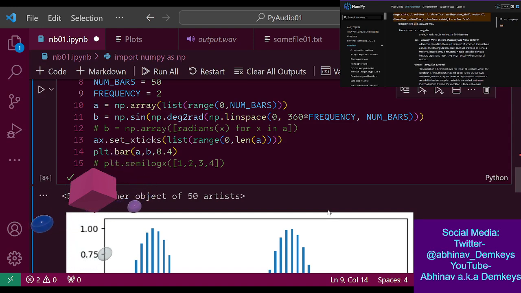The idea with a square wave is, well, not entirely. It depends on the amplitude there as well. It's more of a square wave, it is pretty much.